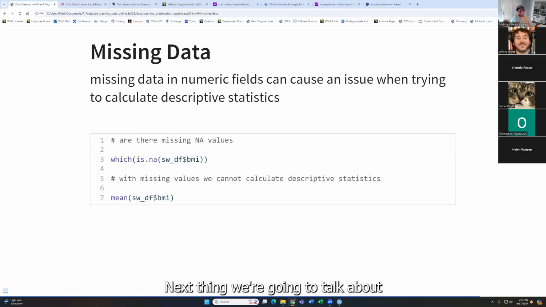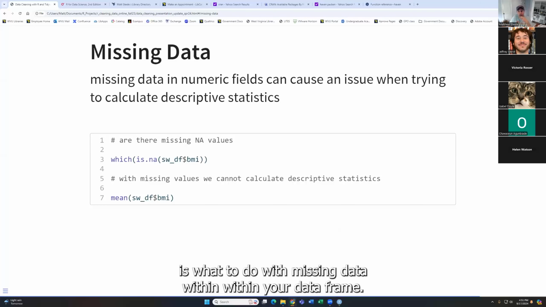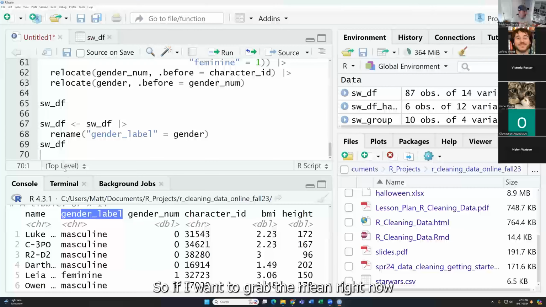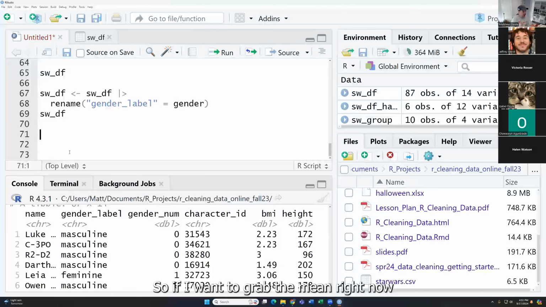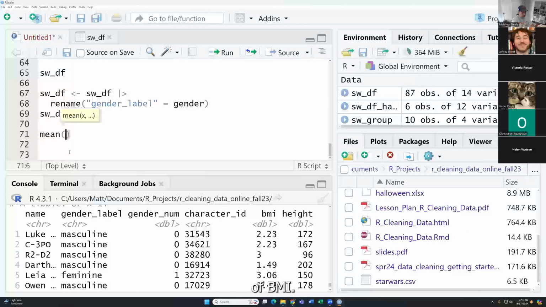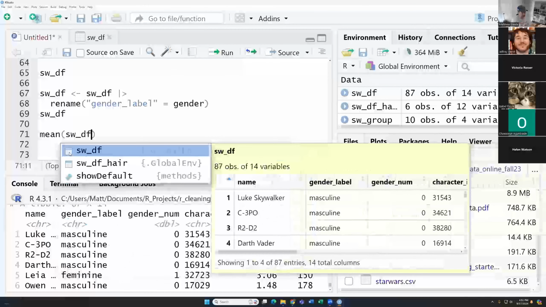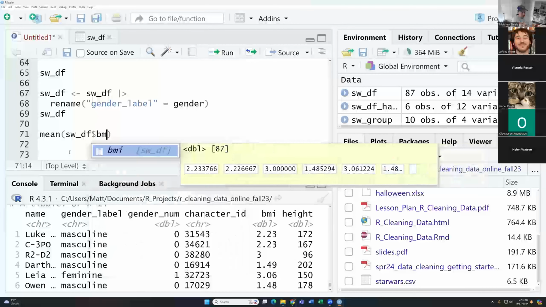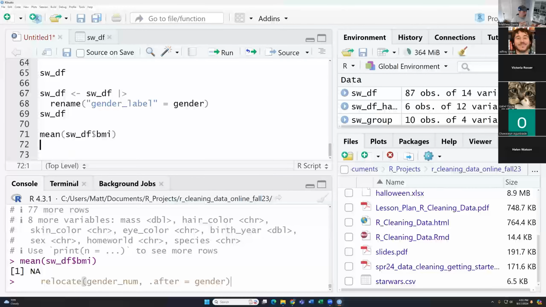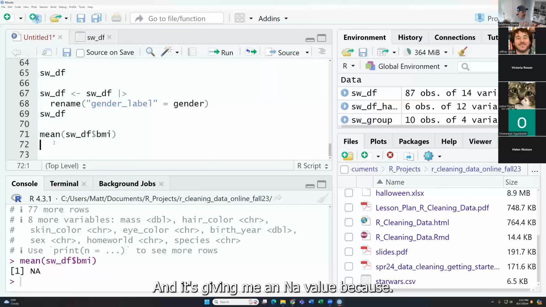Next thing we're going to talk about is what to do with missing data within your data frame. So if you are trying to calculate descriptive statistics, if I want to grab the mean right now of BMI, it's going to give me an NA value. And it's giving me an NA value because